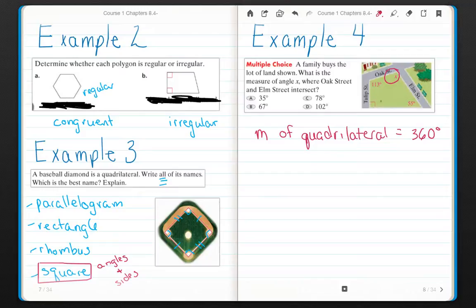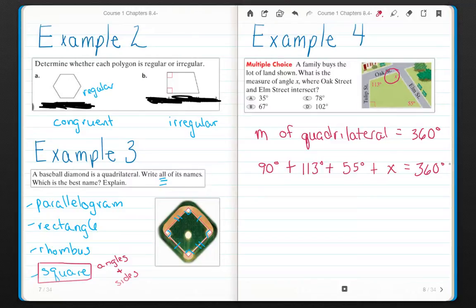So if I know I have a right angle here, which is 90 degrees, plus this obtuse angle of 113 degrees, plus this acute angle of 55 degrees, plus the unknown angle X has to equal